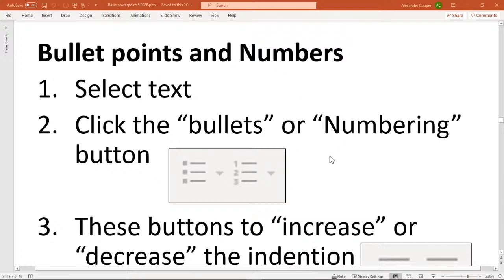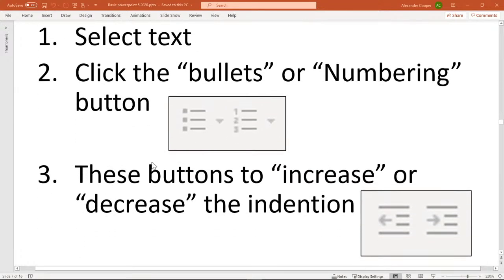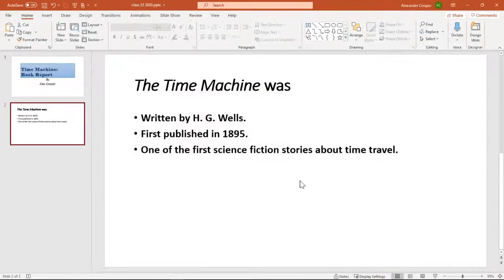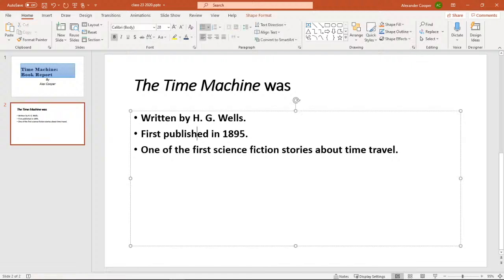Now, if you saw the word class, I kind of covered this a little bit, but it's always worth repeating because it is that important to talk about increasing and decreasing the indentation. The big thing is this: I have folks who have some issues with controlling the bullet points and then trying to do backspace and stuff, and then they have to hit enter and hopefully it comes back. Just don't worry about any of that. The big thing here is that we can actually control if we want it to be a sub or if we want it to be numbers or anything like that.